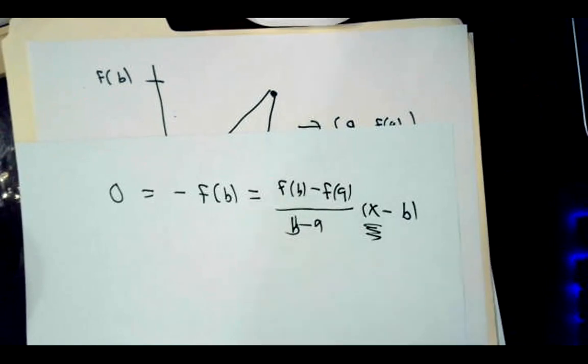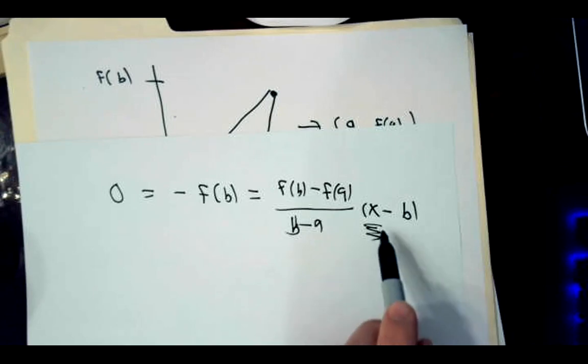This number is going to be the place where the line cuts across the x-axis. This is what I'm going to use as the m in my code. Instead of using the midpoint, I'll use this number. So we have to do a little bit